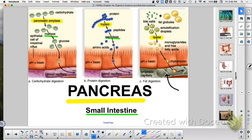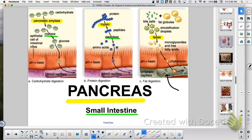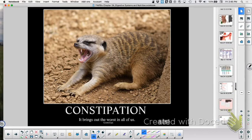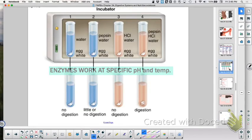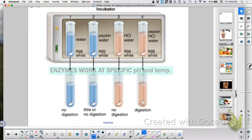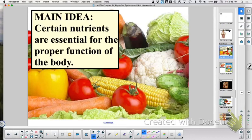You can get polyps. You can get stuck, okay? You have to work on ways to get that out. This was a little experiment to show you how specific a pH you needed to work with your enzymes. And then we just finished off by talking about, and I have practice problems that we didn't do, and then we can do now,